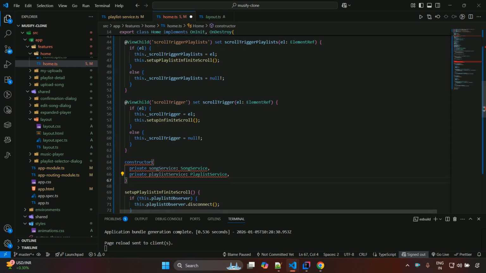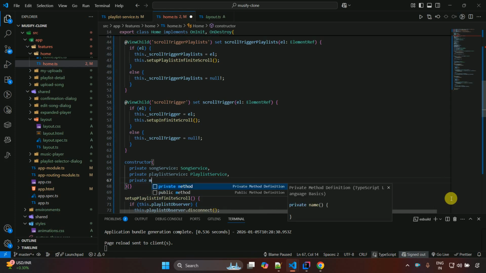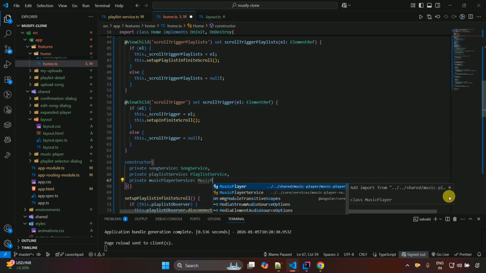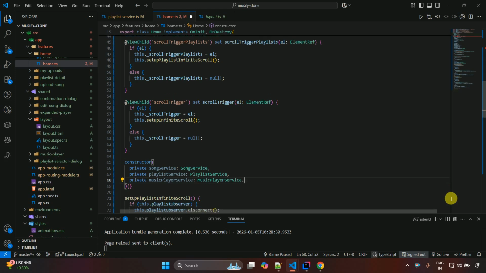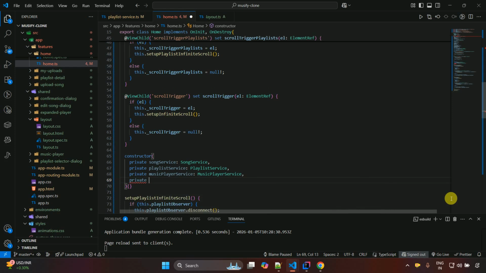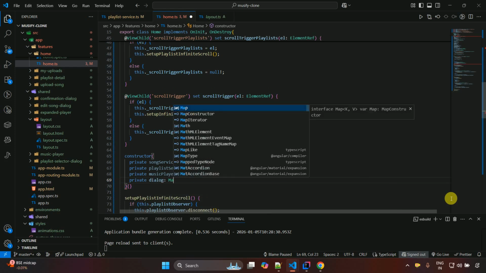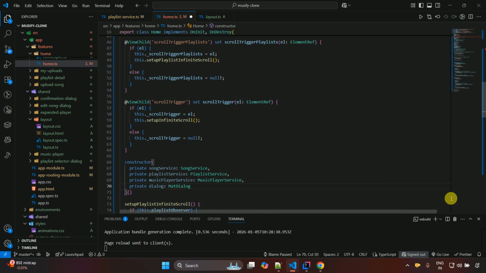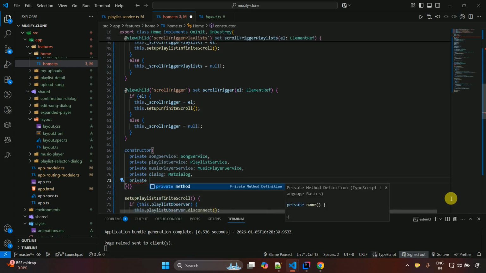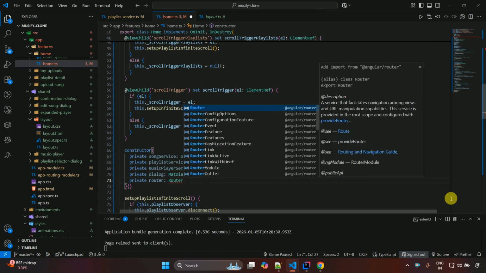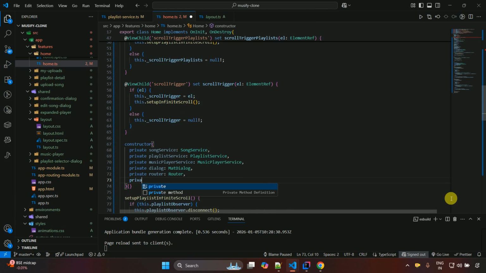Let me put a curly bracket so the error will be gone, and after that private musicPlayerService: MusicPlayerService, and after that private dialog: MatDialog, and then private router: Router, and then private